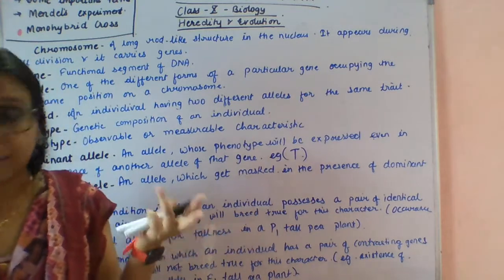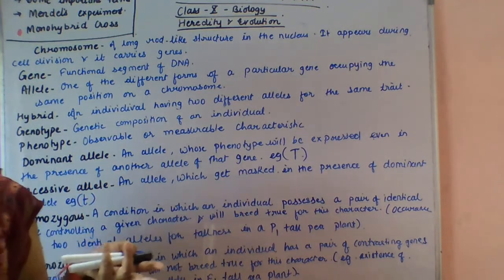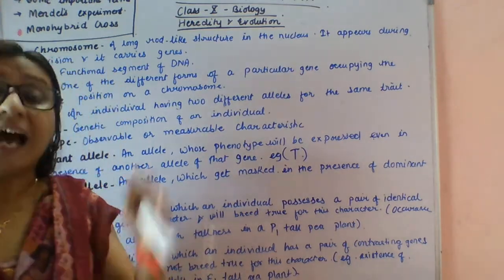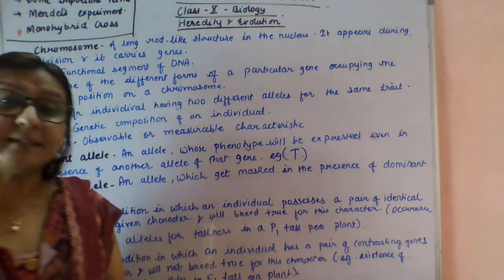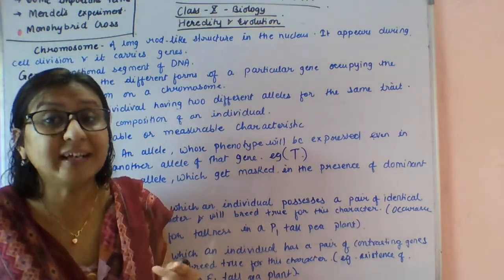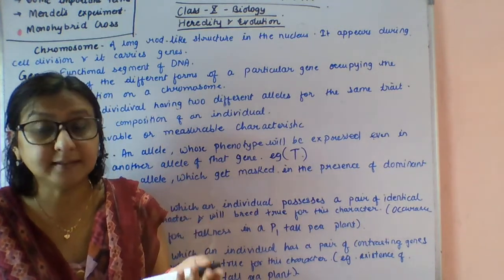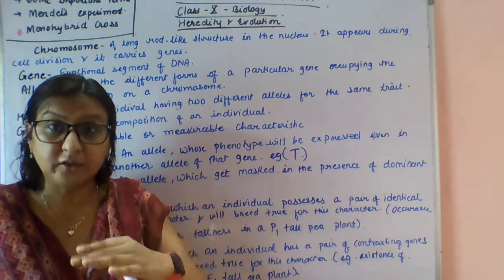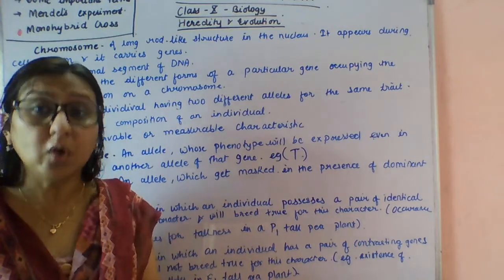Character, as you know, what do you mean by character? The character is like the feature or characteristic of an individual, like color, height. So that is color. Trait means, I explained to you in the last class also, trait is the inherited characters. Whenever I say traits, that is the inherited characters which pass on from one generation to another generation, which come from parents to offspring.